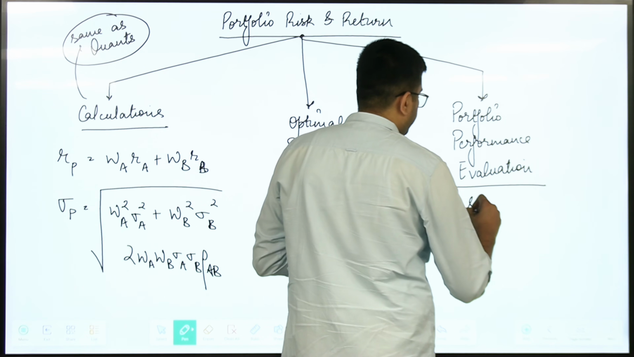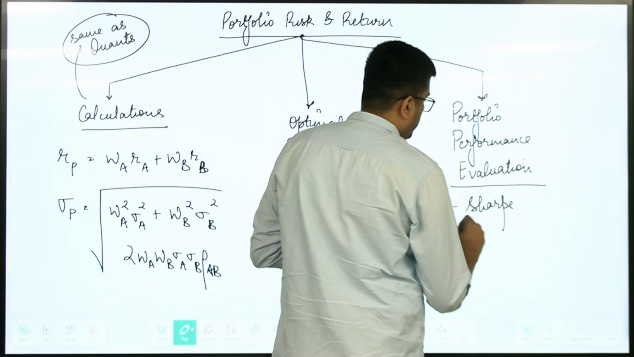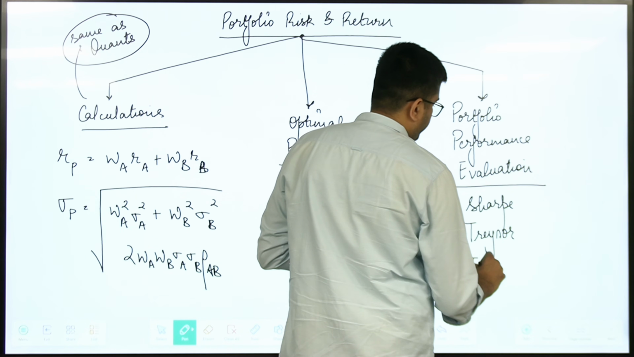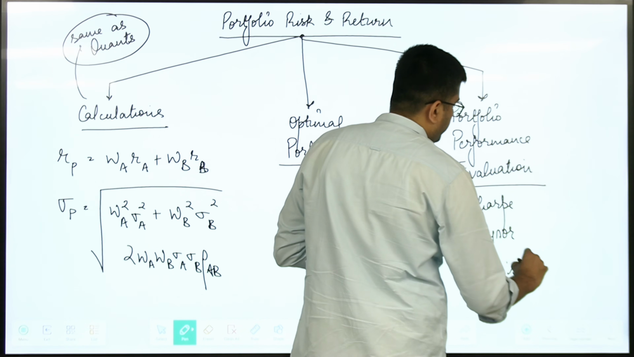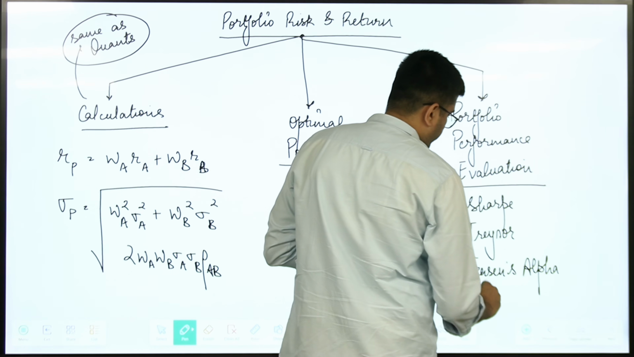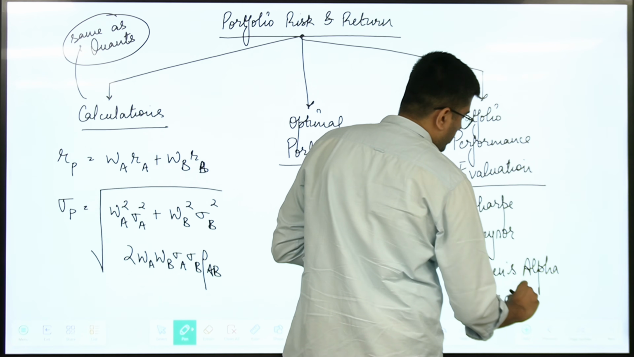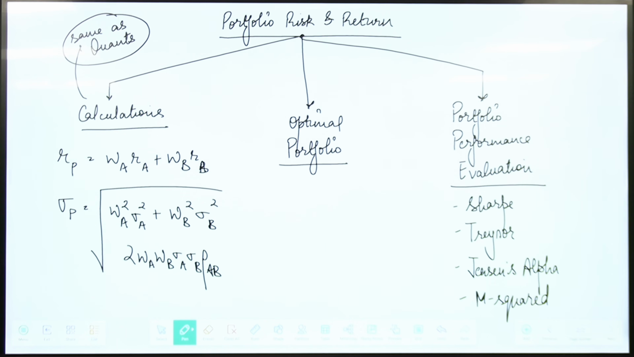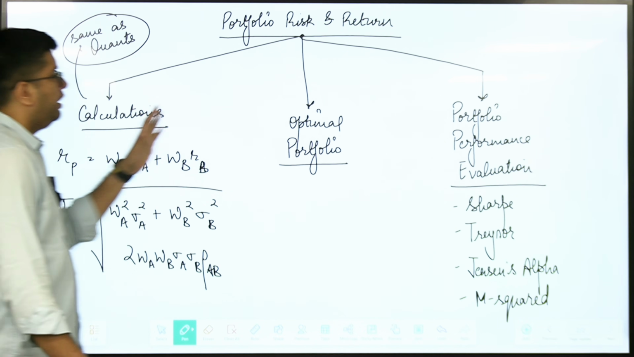So we have Sharpe ratio, Treynor ratio, we have Jensen's alpha, and we have M squared. So all of these techniques of evaluating the portfolio performance, you should be comfortable with all of them. For us, with the objective of revision, the primary topic that we need to focus on is the theories of